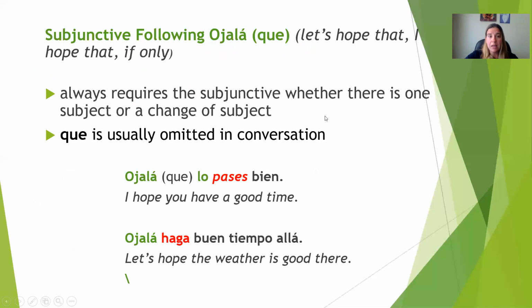Subjunctive following ojalá. And like I said, the que in this case is in parentheses. It's not necessary. You can use it, you can leave it out. Either way. But ojalá is always going to be followed by the subjunctive. Again, there's a lot of ways we could kind of loosely translate it. Let's hope that, God willing that, if only, that's another good